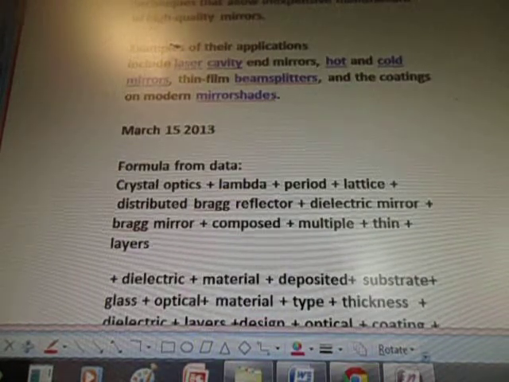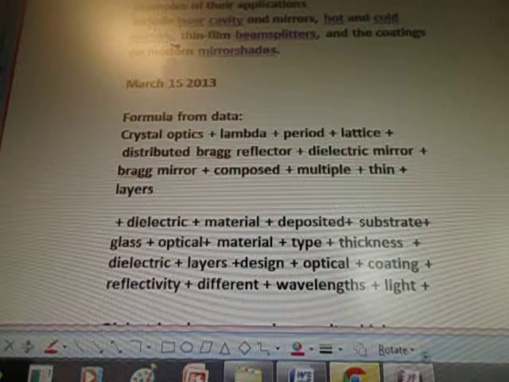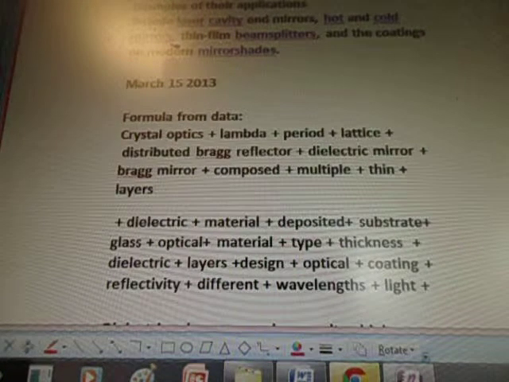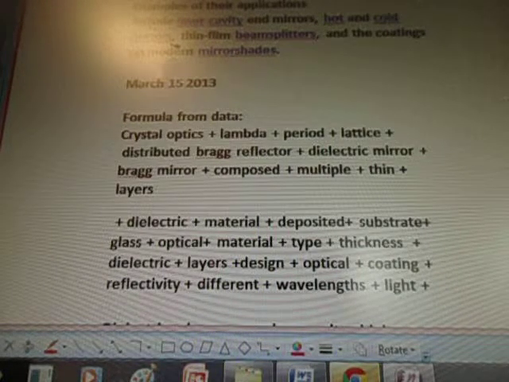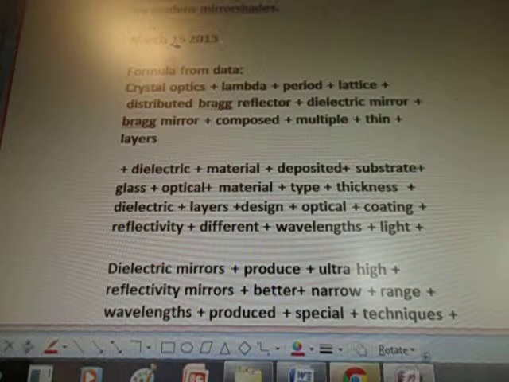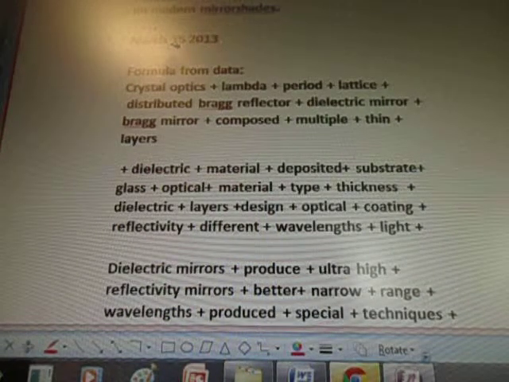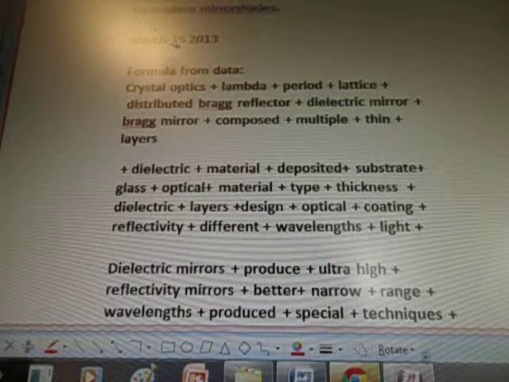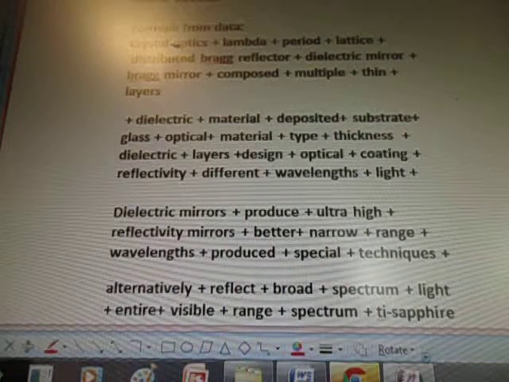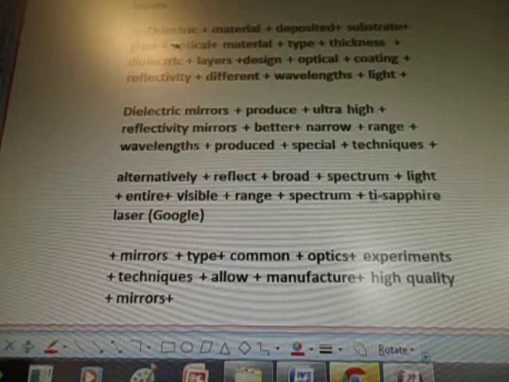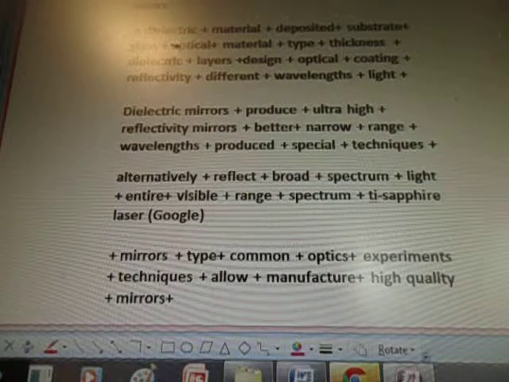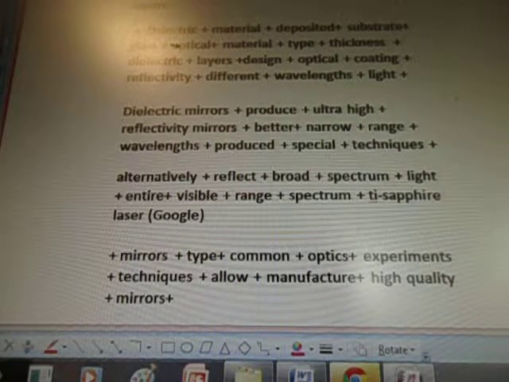Okay, so March 15, 2013, the formula from the data is crystal optics, lambda, period, lattice, distributed Bragg reflector, dielectric mirror, Bragg mirror, composed multiple thin layers, dielectric material, deposited substrate, glass, optical material, type, thickness, dielectric layers, design, optical coating, reflectivity, different wavelengths, light, dielectric mirrors, produce ultra-high reflectivity mirrors, better narrow range, wavelengths, produce special techniques, alternatively reflect broad spectrum light, entire visible range spectrum,